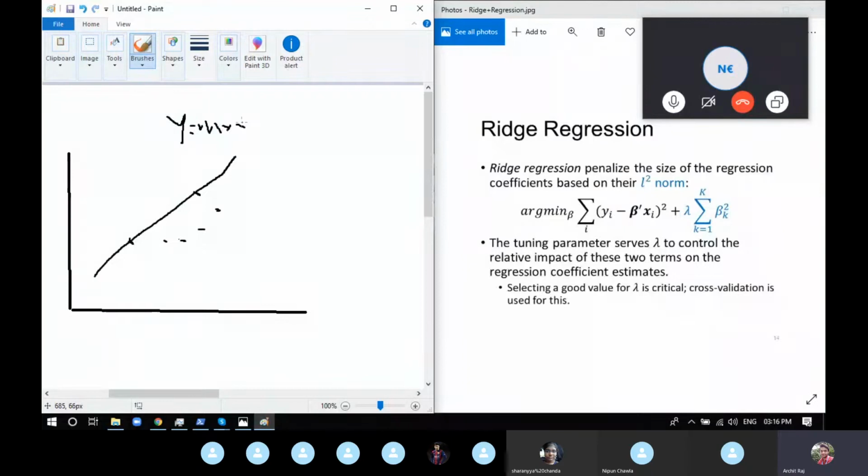You know m is the slope. The steeper the line is, the higher the value of m will be. If the value of m is lower, the line is flatter.